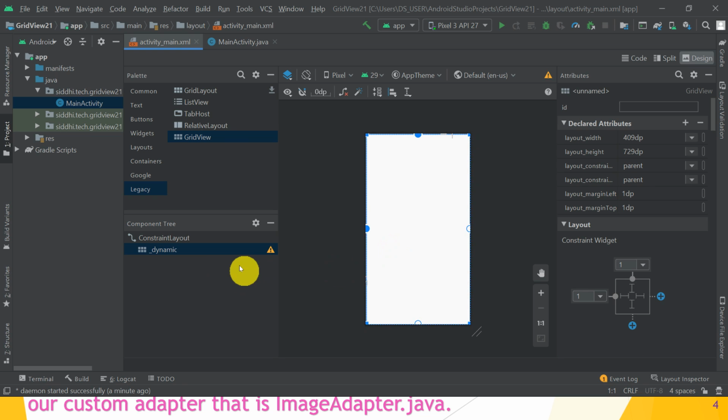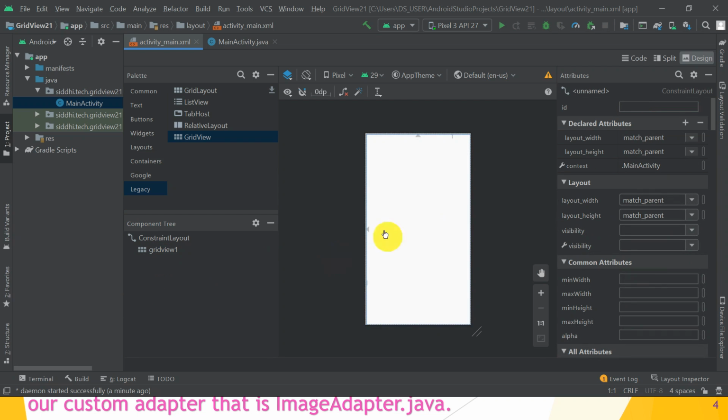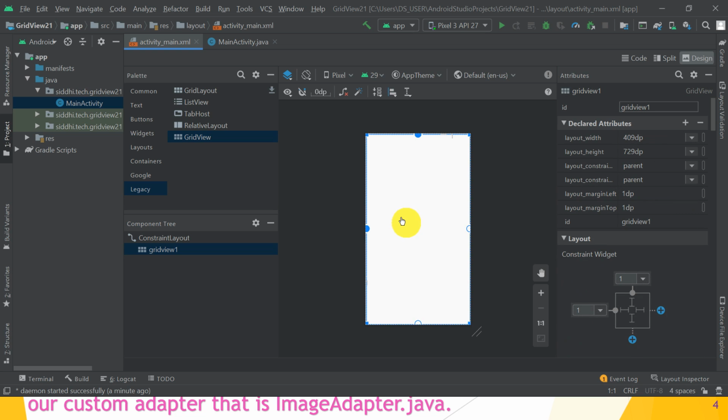Great guys. Then what is the next part? So next we have to give the ID name as gridview1, that is the name of the ID. Okay, so after giving the name of the ID, what is the next thing? We have to set some attributes. So there are important attributes we have to set for our grid view.